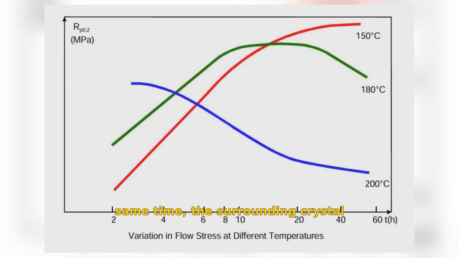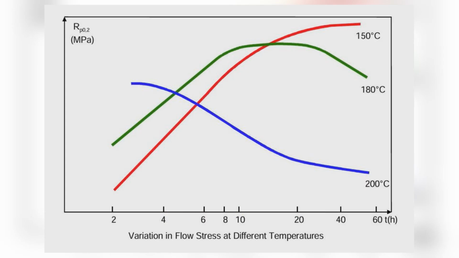At the same time, the surrounding crystal lattice will be slightly deformed because the precipitates do not quite fit into the structure. The hard needles precipitated, combined with the deformation of the surrounding lattice structure, mean that considerable external forces are required for a dislocation to pass through such areas. Consequently, the material's flow stress increases significantly. If the alloy is kept at this high temperature for too long, it has been overaged, and the flow stress